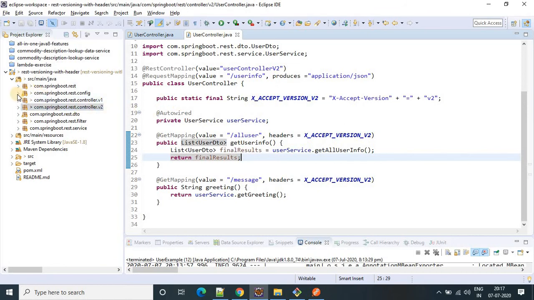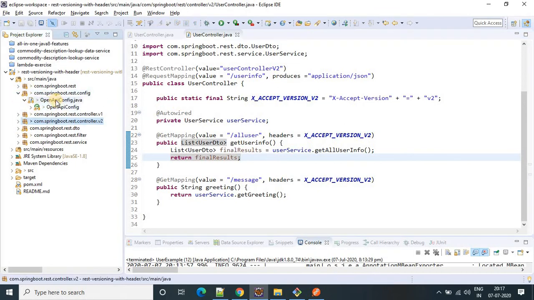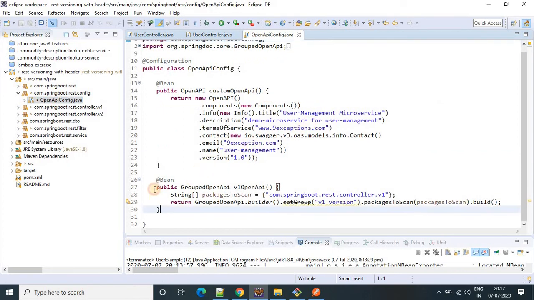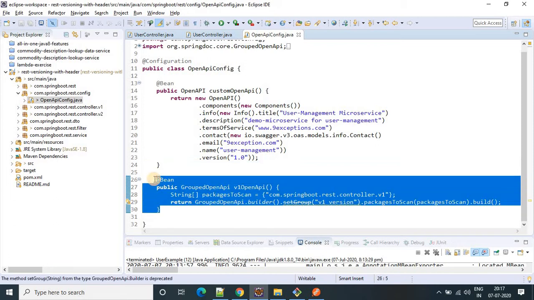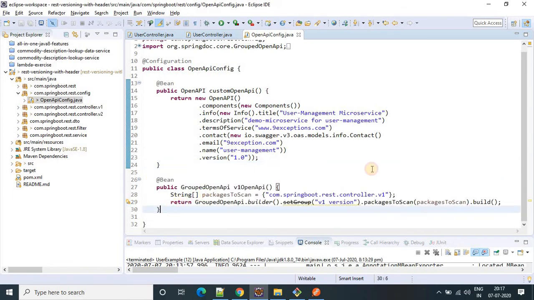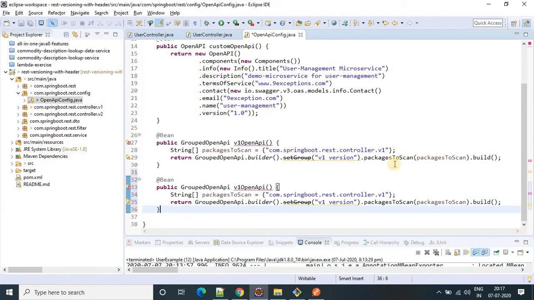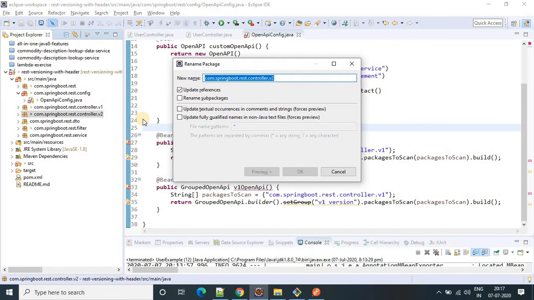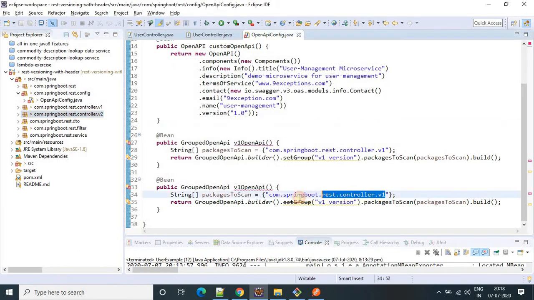Now come to the config class. This is my config class, and we did this one for v1. Now again the same thing we do for v2. So copy this one and paste here. What all things do we have to change? First of all, we have to provide the v2 package here, so copy the package from here, Ctrl+C, and provide the v2 package here.